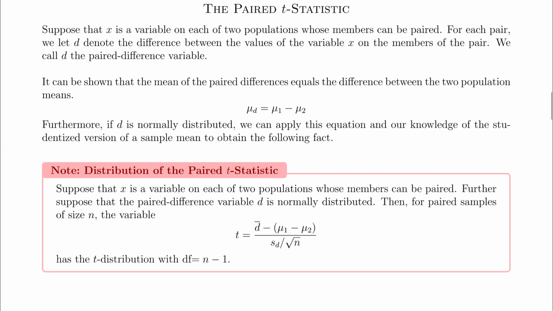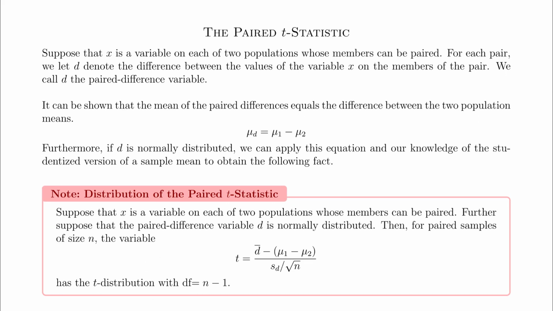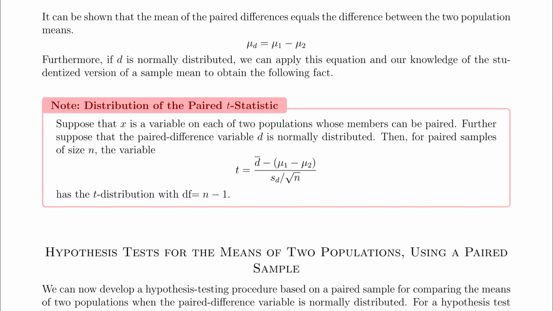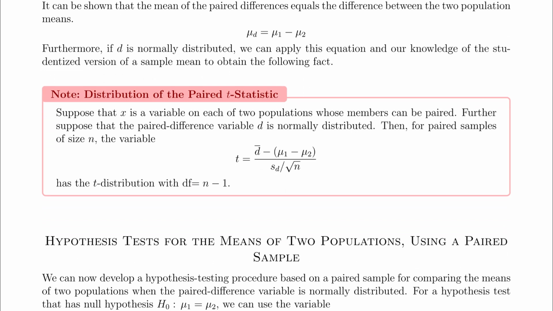So what we were talking about here is called the paired t-statistic. And the paired t-statistic is typically normally distributed, and it does have a t-distribution with degrees of freedom n minus 1. That's what we need to understand right now. First of all, it does have the degrees of freedom. Whatever the size is of the differences, the number of differences that exist, you just subtract 1